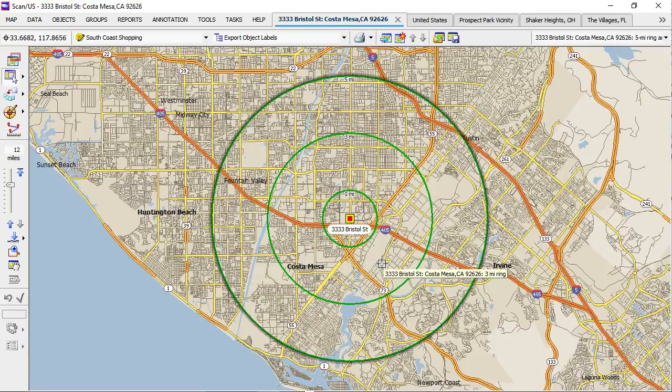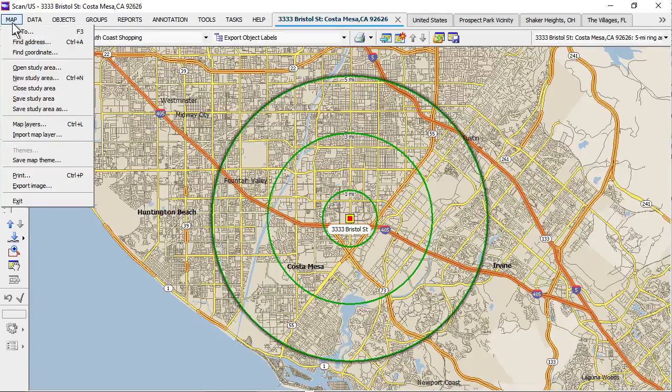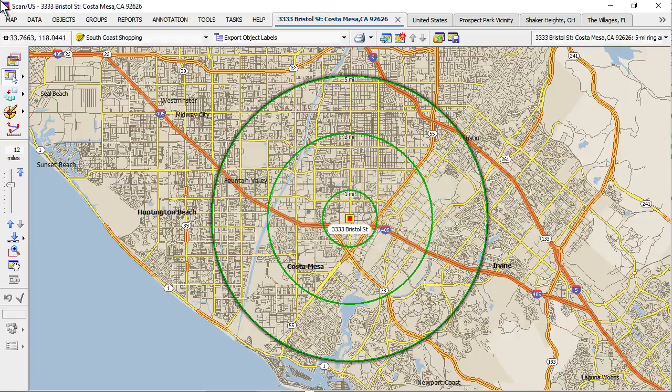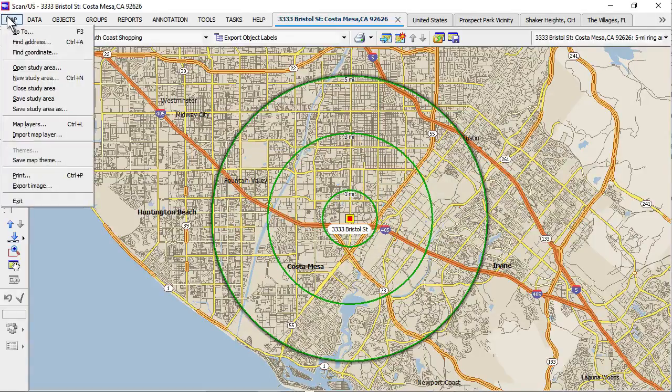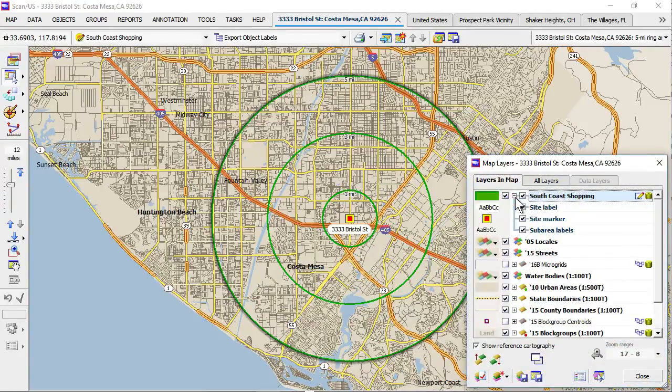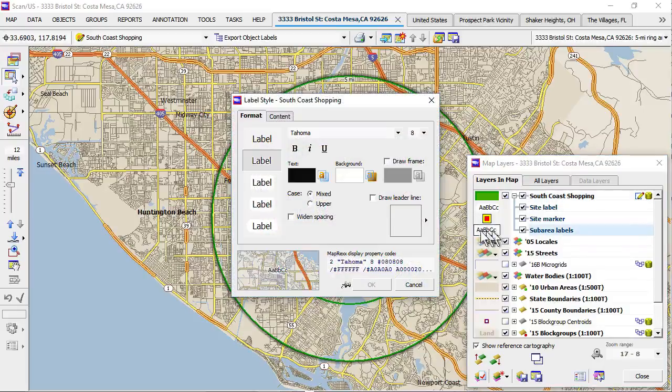There's the Bristol Street. Now we notice that this is not quite what we were looking for, and in order to improve it, we can get those same dialogues back by going to the map menu and choose map layers, and here we have the exact same buttons that we had before: the site label, the site marker, the sub area labels. Let's change the sub area labels first. Let's make them bigger